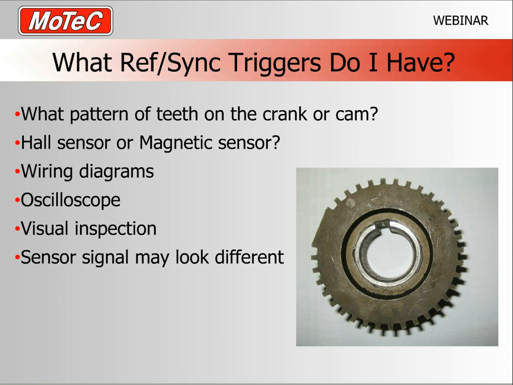Most engines these days, I assume, will be dealing with sequentially injected engines, which will both have a crank sensor and a cam sensor with varying numbers of teeth. I've just given you a little bit of an example picture on the side there from a Toyota. That's actually a 36-2 setup. Might look like there's more than two missing teeth with that big long flat, but a bit of practical advice